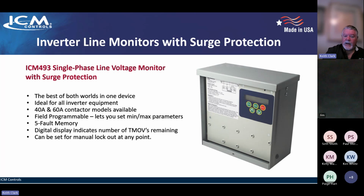Field programmable lets you set min max parameters for your over under voltage. And it's got a 5 fault memory, which is very convenient because it's really nice to be able to see it'll tell you the exact voltage at the time of fault. And so you can really diagnose a problem by utilizing the